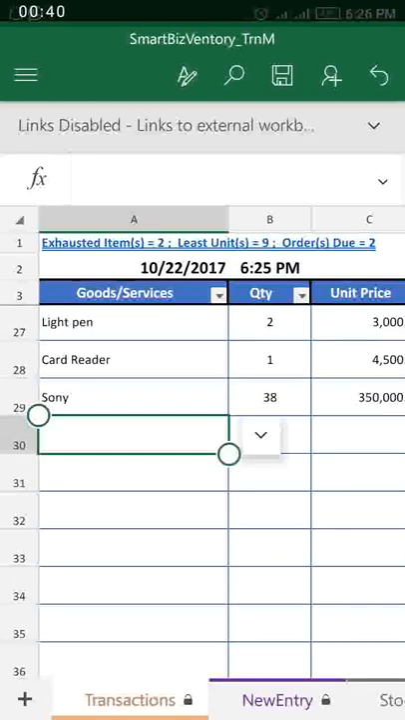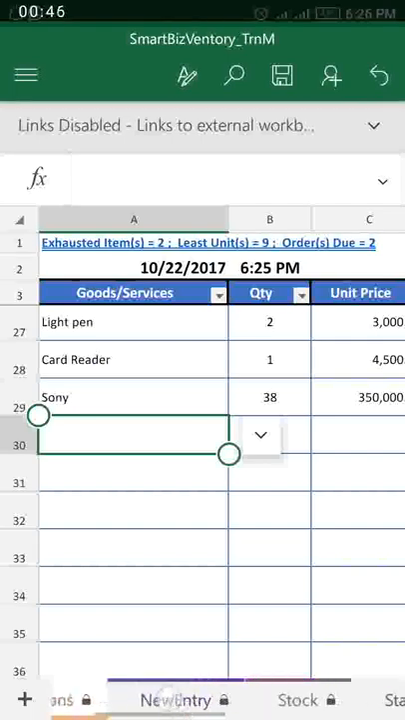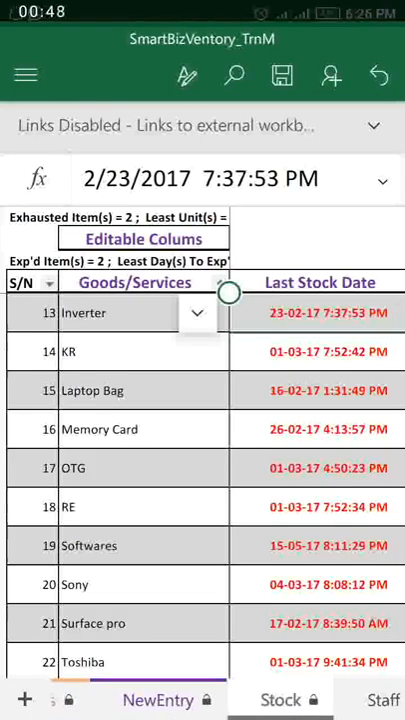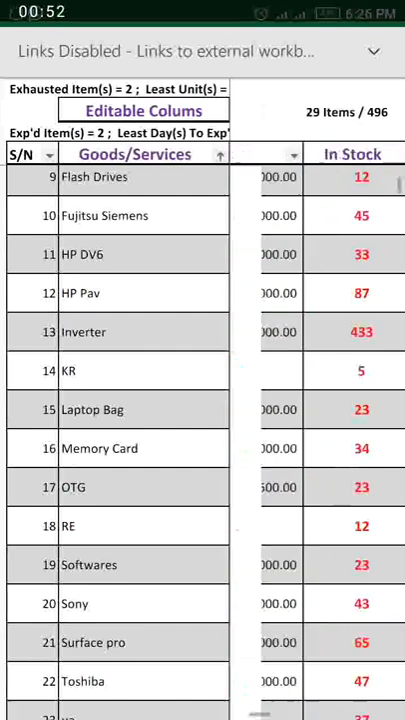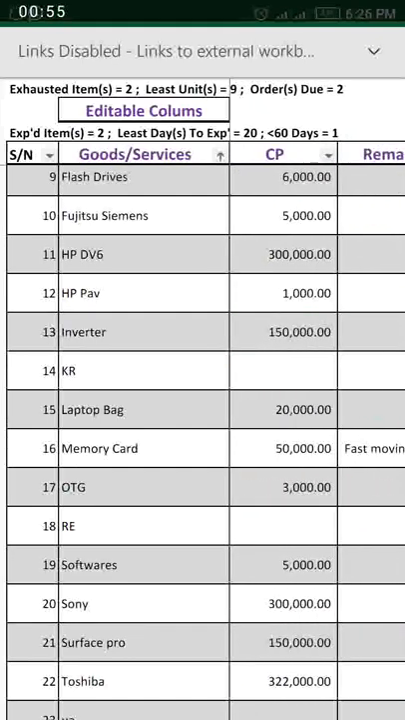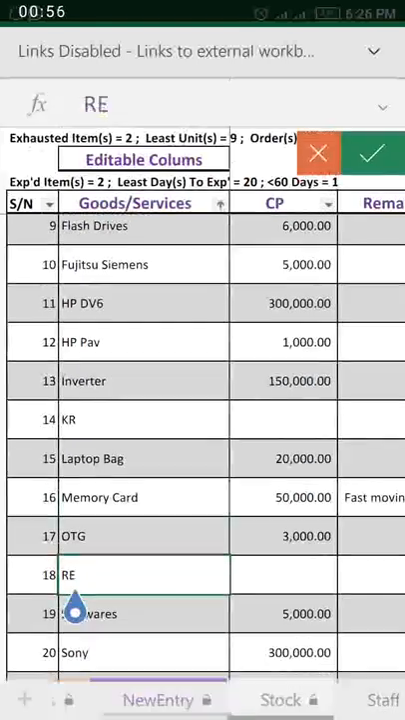This inventory tool can help you to document your received stocks. Let's go to the stock page. These are all your stock. Any way you receive them, you need to document them. Then it can also help you to